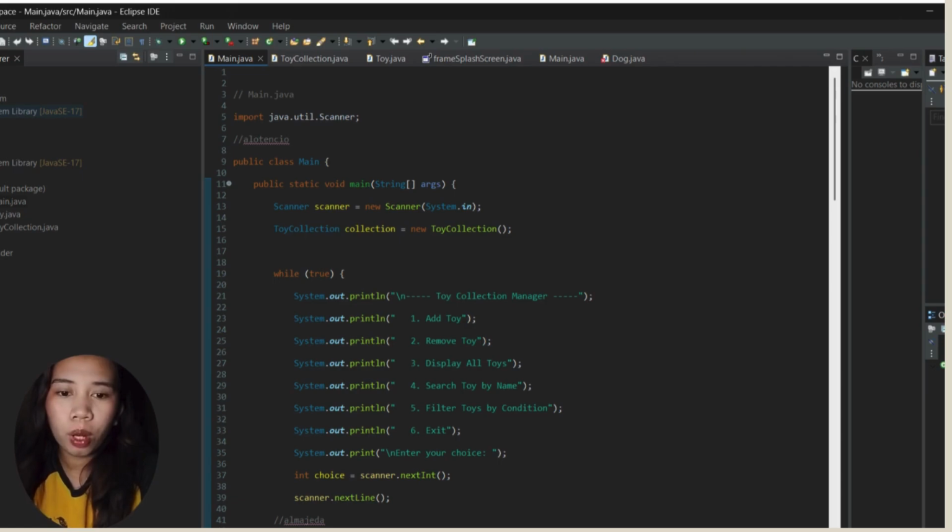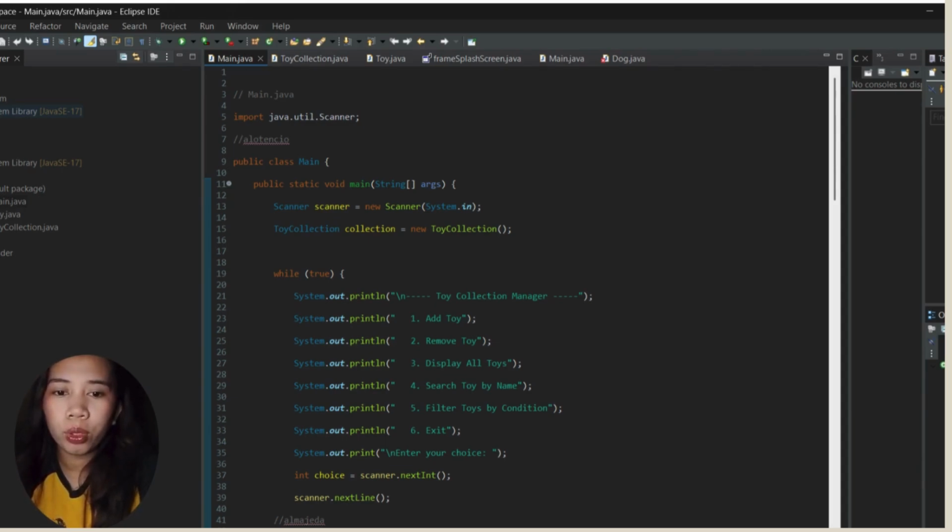When the user is prompted with System.out.print, "Enter your choice", their input is read with int choice = scanner.nextInt, storing the numerical choice.